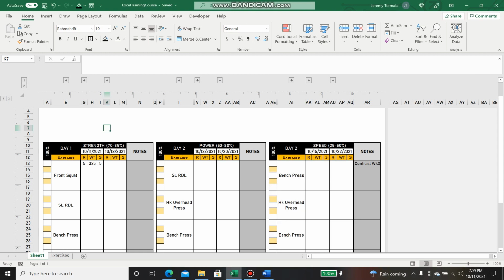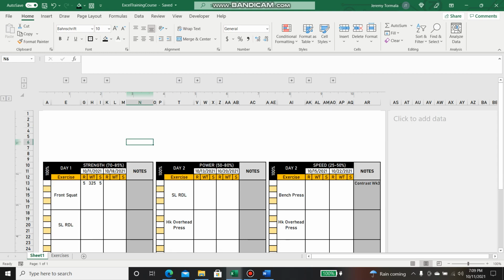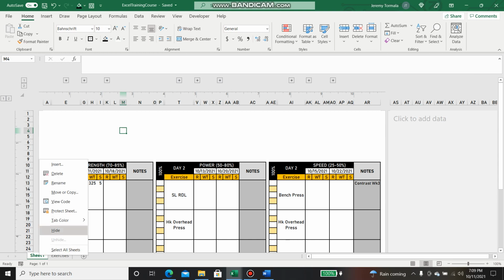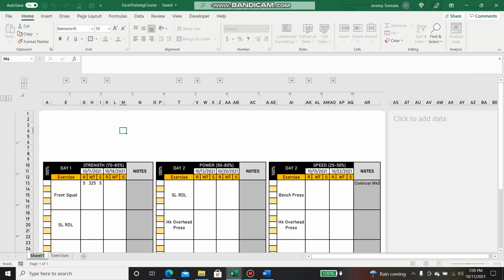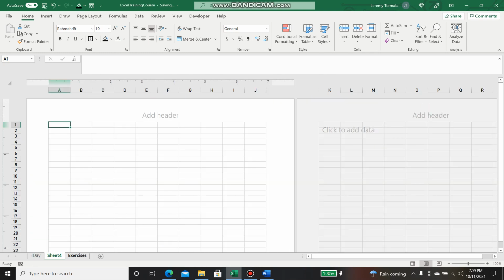Okay, so we're gonna get started with creating a roster list before we can input maxes and create our own athlete drop-down box. So I'm just gonna label this 3-day. I'll just leave it 3-day right now. We're gonna add, drag it to the end. I'm gonna rename this